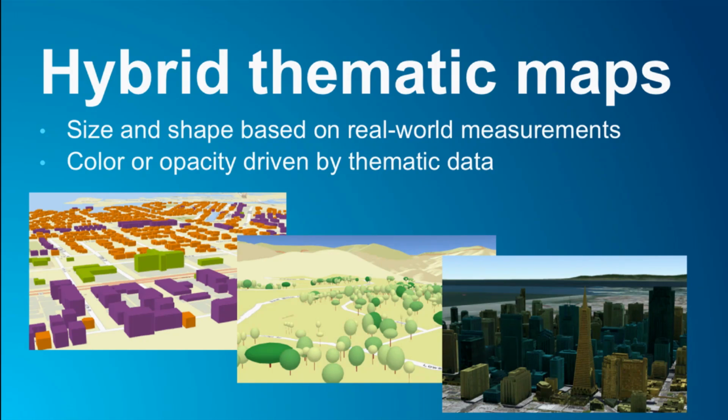This topic of hybrid thematic maps really falls under the same category, but what I mean by hybrid thematic maps is you're taking some real world aspect and trying to represent it as true to the real world as possible, and then adding some thematic aspect to it. So the examples here, you see the buildings off to the right are San Francisco. They have textures, so they look more realistic, and then you have color on top of them that visualizes the